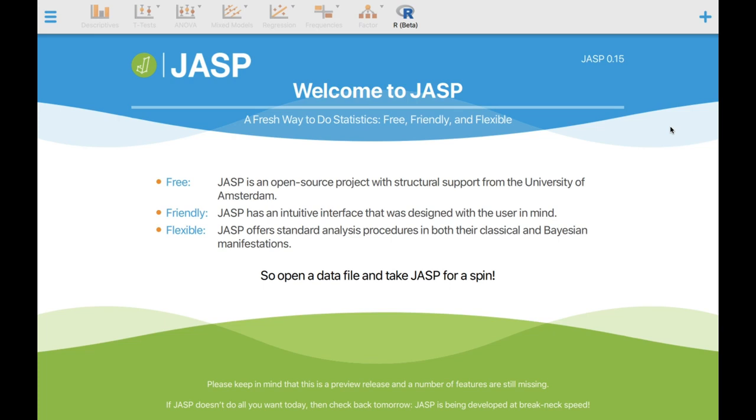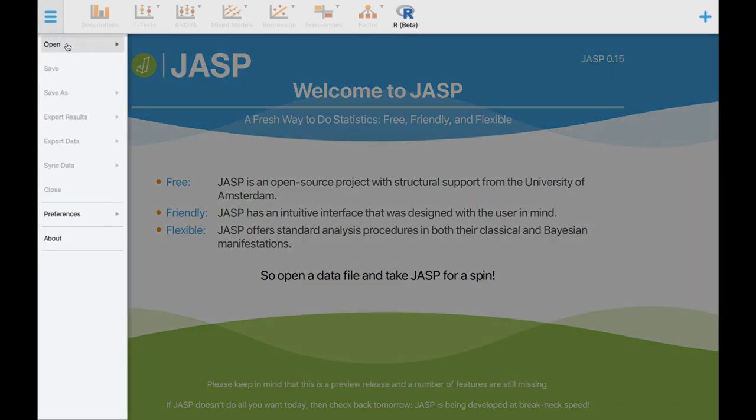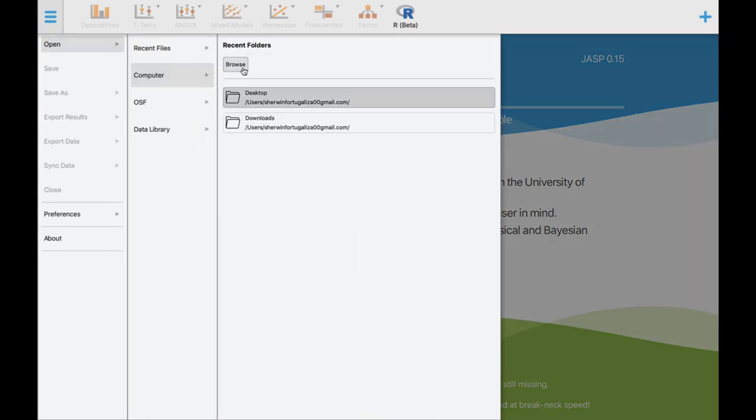The first step that you are going to do to import the data set is to click the three bars on the left side of the screen. So here you click, and then you click open, click computer, and click browse. You need to remember where you saved your data set. So click browse,